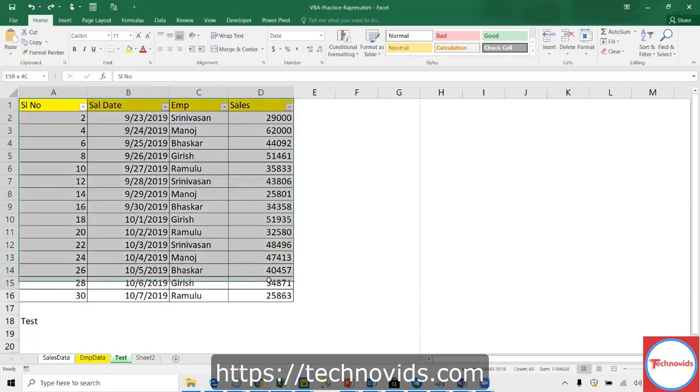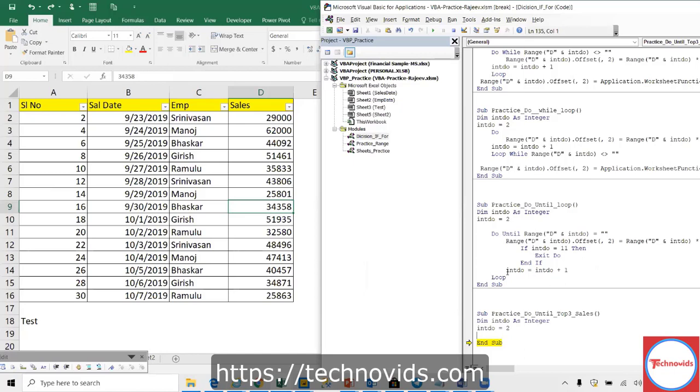So, whole data set sort. It's a simple one. Only what I was telling is, if it is not behaving as you expect, then you can record a macro and just see how it is sorting. That is always there. Record macro is like Google. You can always do that.